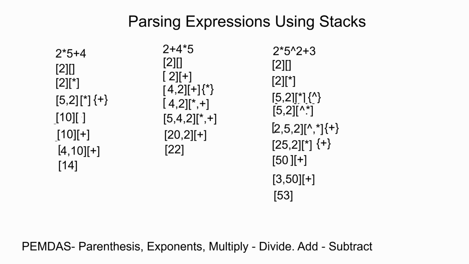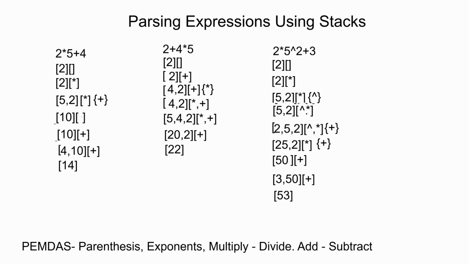So it parses the 2, it throws it on the number stack, it parses the operand plus, throws that on the op stack, parses the 4, throws that on the number stack, so we now have a 4, a 2, and a plus, and it's going to evaluate the multiplication. The plus is not greater than the multiplication, so it throws the multiplication onto the op stack. So now we have 2 numbers on the number stack, 4 and 2, and 2 operands on the operand stack, multiply and addition,